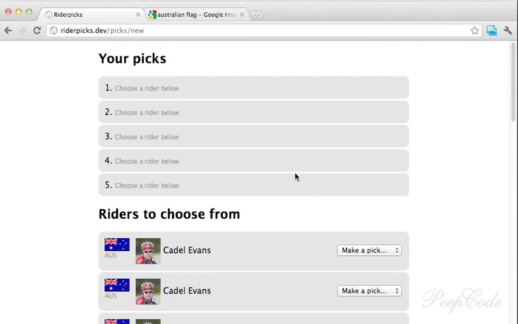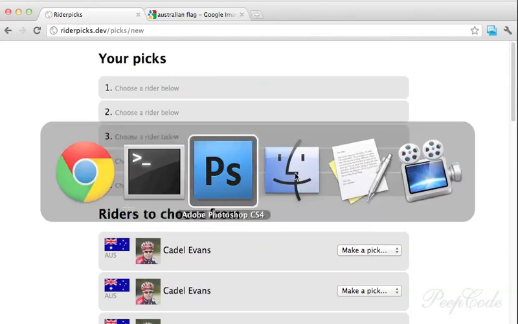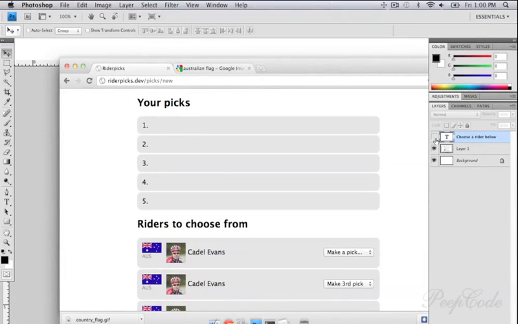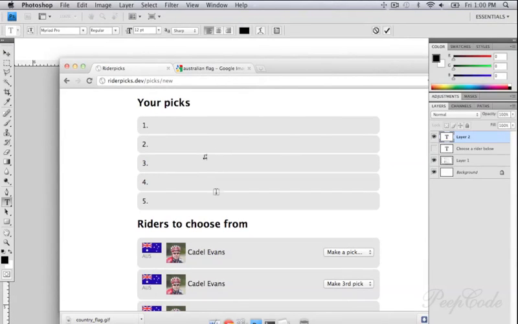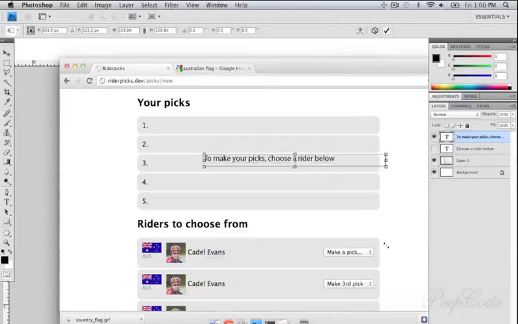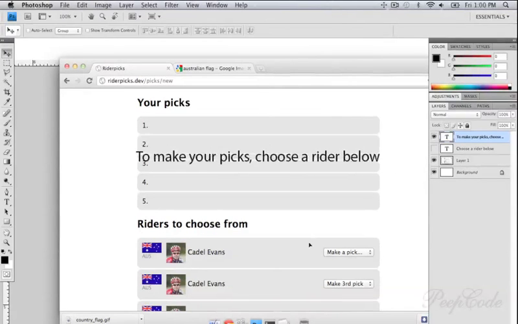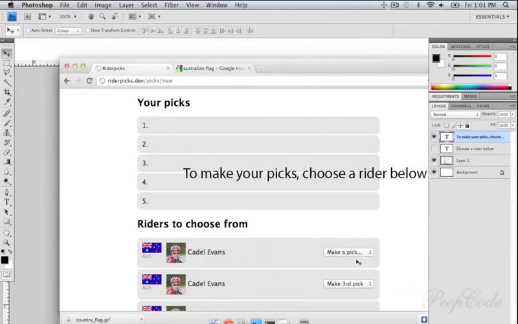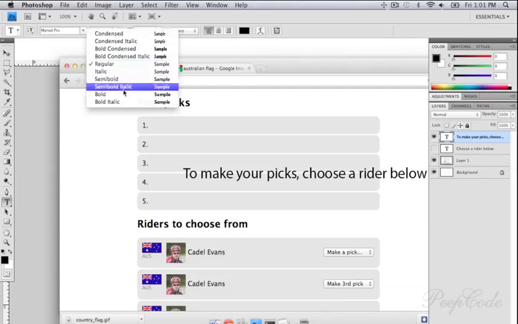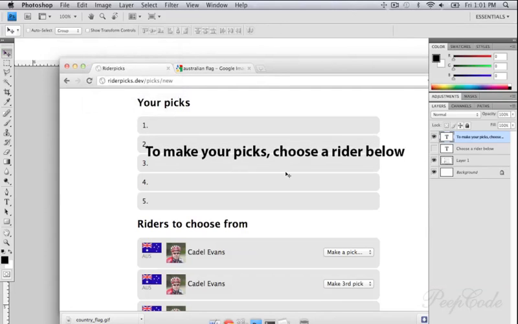I'm surprised. You know, because the other thing I was going to try was having some kind of overlay here, right? That says like, to make your picks, choose a rider below, and then somehow make that big. And the reason I'm in Photoshop is because I don't know how to easily overlay text over all these elements without doing some funny absolute positioning nonsense or whatever. Right. So I was thinking, okay, well, what if I had some kind of bold message here